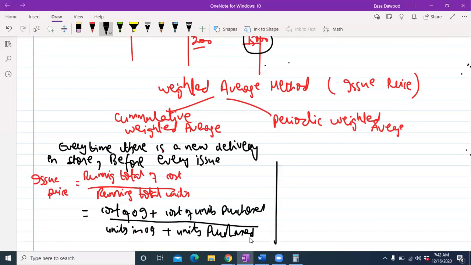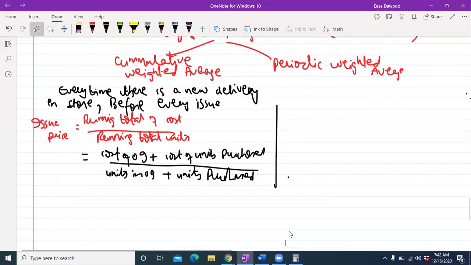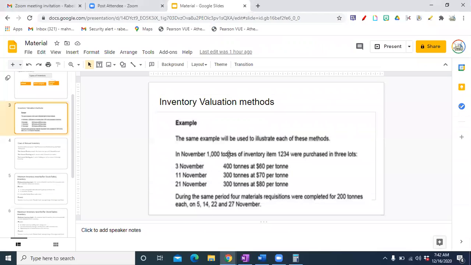So how are we going to do that? Okay, sure, no problem. The same question we are going to do, and then we're going to calculate using the weighted average method, cumulative weighted average. So every time there's a new delivery